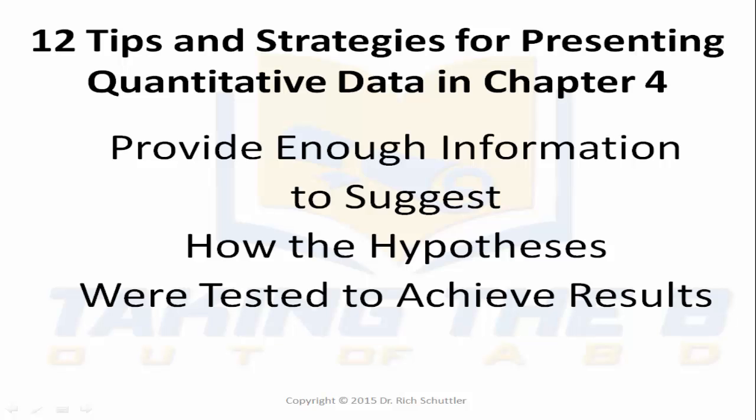But as you write this entire piece of information for each research question, just be sure you have enough information to suggest how the hypotheses were tested and achieved. The best thing to do is after you write one of your responses, say perhaps research question number 1, send that to your dissertation chair and perhaps committee members and ask them to read it. Ask them if there's enough information in there. Get their help while you're doing it for your first research question, and that way when you're confident that you have all the material for how you wrote about the first research question and how you tested the null hypothesis, then you can just duplicate that and emulate it in the following research questions and null hypothesis testing.